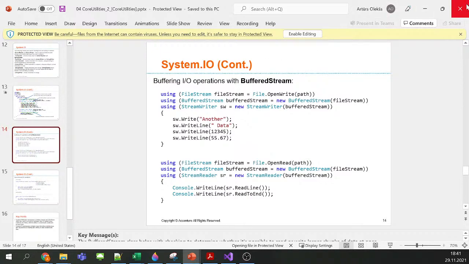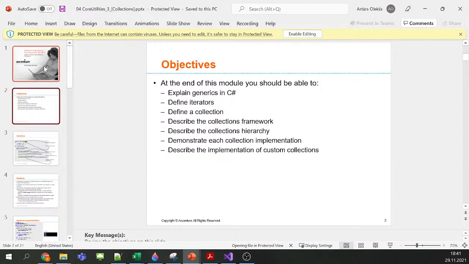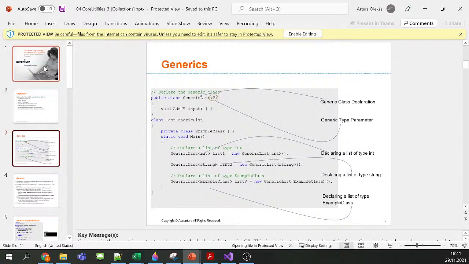Okay, if no questions, then we can move to the current topic, and we'll continue and basically finish with the core utilities we have. In this particular topic we will talk mostly about the collections. You already did some exercises using the collections, so now we will recap it and maybe go deeper. So first of all, when we talk about most of the collections, we